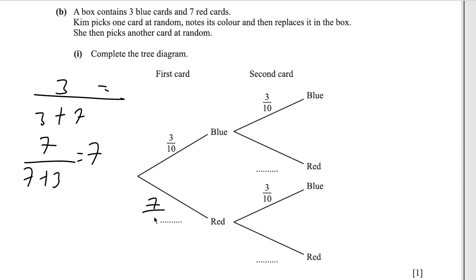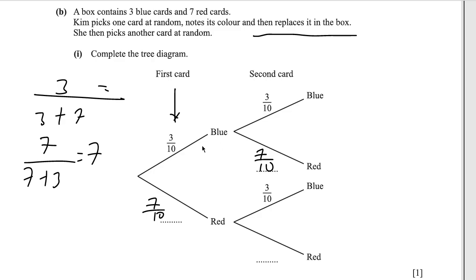So over here, the probability of a red is 7 over 10. And then over here, this is the second card, because this was the first card, right? And then for the second card, we have 3 over 10, right? Because he's going to replace it back into the box. And if he puts back a blue card into the box, we're still going to have 3 cards there, right? And then the probability is 3 over 10, right? And then for a red, it's going to be what? It's going to be 7 over 10,